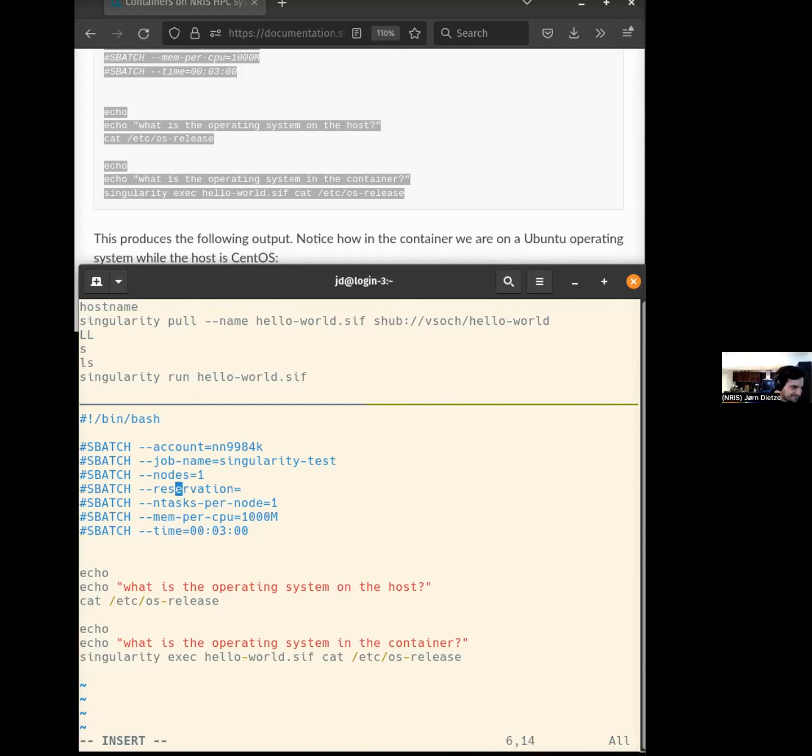Yeah, okay, so here. And what was it? NRIS underscore, capital NRIS underscore best underscore practices. Oh no, all small letters, best. So what our job script does here is it makes a new line, and then this is what we just did.